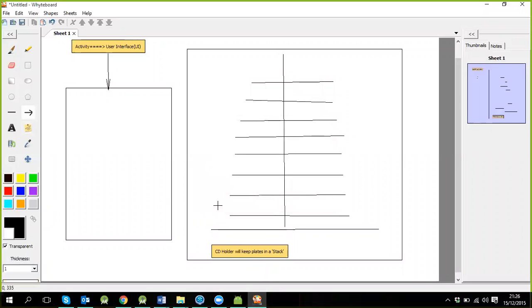If you see, this CD holder is going to put the CDs on a stack. This is called a stack, right? In a stack, if you give a number, then this is the first one, this is the second one, third, fourth, fifth, sixth, seventh, and this is the eighth, right? So the first CD is going to